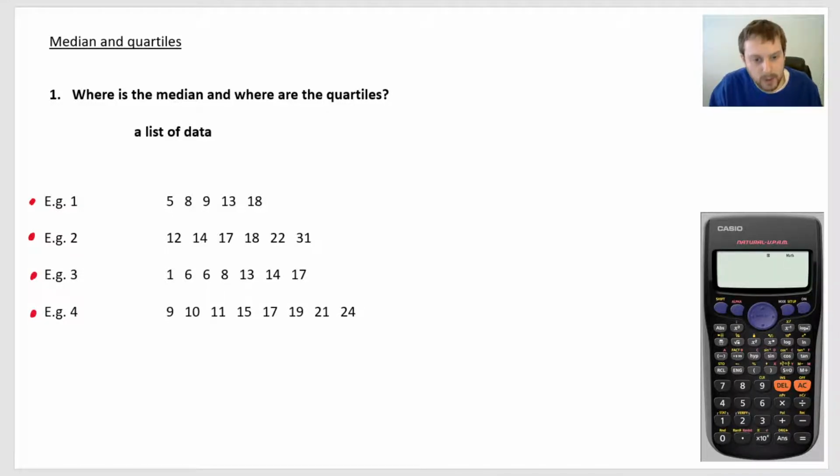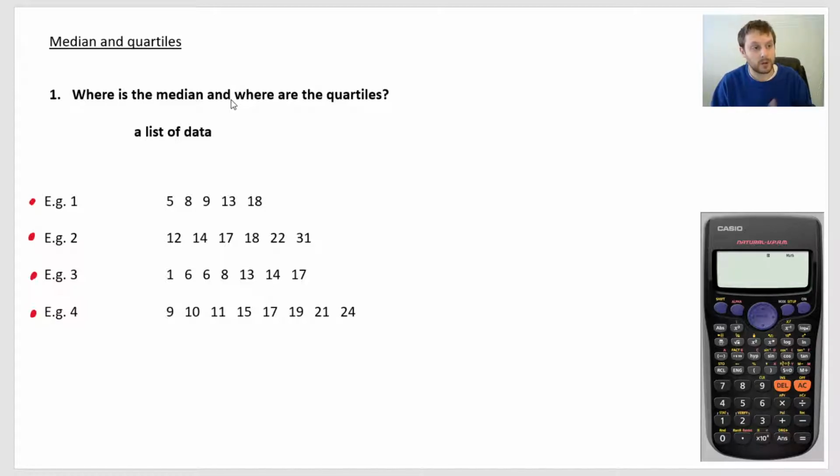Hi guys, I'm going to talk to you about when to use the n+1 versus the n when it comes to the stuff to do with the median and the quartiles, okay? So basically, to cut a long story short, if you've only got a minute and you need to rush off, to cut a long story short, the n+1 over 4 and the n+1 over 2 and the three lots